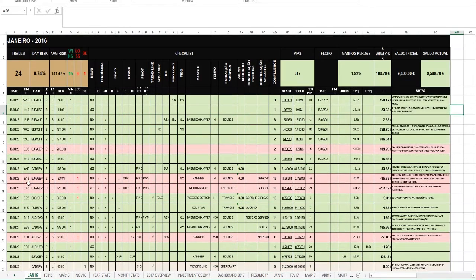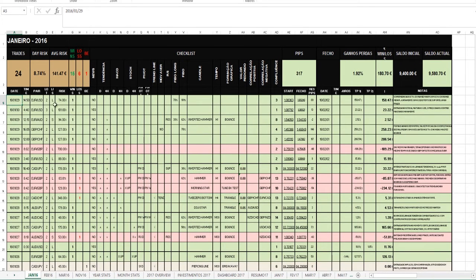So this was my first trading journal. It was kind of simple. I had the date, time, the pair, the lots, the risk in euros that I was trading with, the wins, the losses, and these were numbers that I would put in. This is automatic date, but the risk was also I would put in the risk that that trade was taking, and everything here was a drop-down menu, and this was my